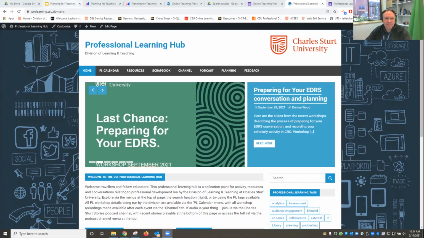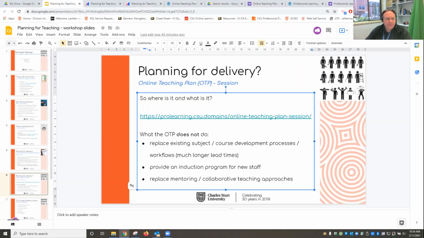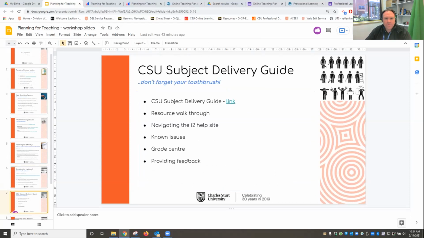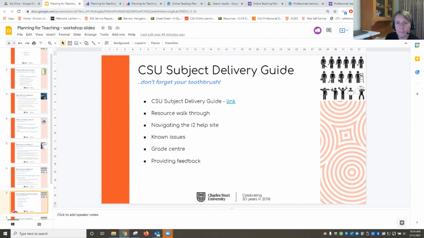That's a good suggestion. Okay, look, at that point, I'll move things along, and I'm going to actually hand over to Michelle Wilkinson, who is going to have a look at the other highly structured and formal tool that's available for you all to use to help you prepare for subject delivery, and that's the subject delivery guide. So Michelle, I'll take a back seat, and if you want me to do anything with these slides or hand over sharing or whatever, just let me know. Thanks, Lachlan. That was wonderful. I would love to share if that's okay. Go ahead. Thank you.